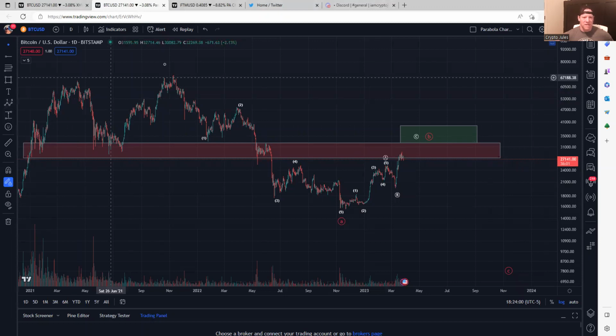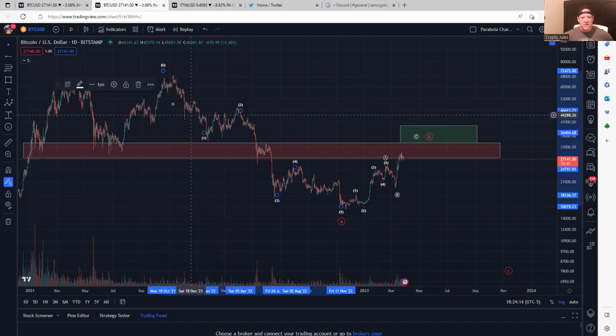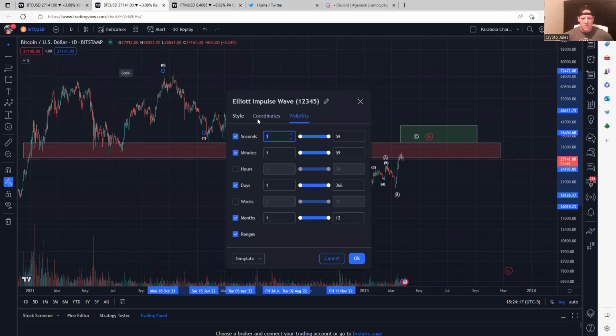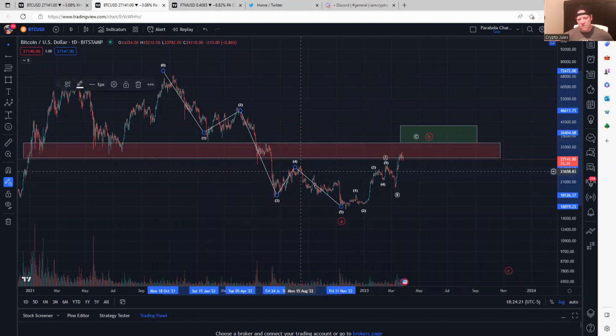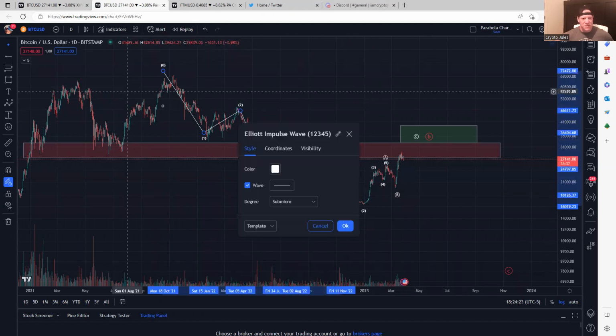So basically this would be a 3-wave here. This is a 1, 2, 3, 4, 5 A wave. And then we are working on our B wave, which is a 3-wave structure. A waves are 5-wave structures, which is what we have here. Here, we'll throw the wave on it so you can see it. So there's a 1, 2, 3, 4, 5-wave structure as a potential A wave,